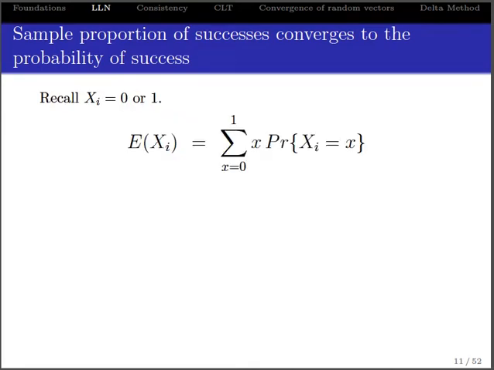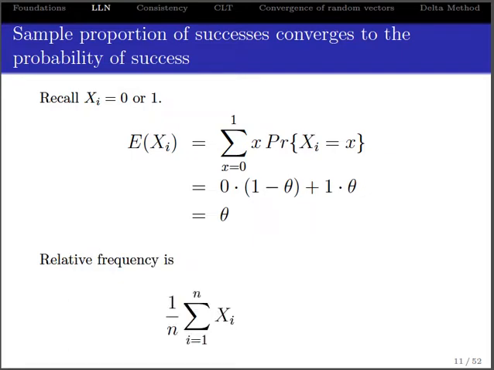And then the sample proportion of successes converges to the probability of success because the expected value of xi is just the x, right, multiplied by the probability of x, but x itself is only 0 or 1, so that's 0 times 1 minus theta plus 1 times theta, which is theta, so that the expected value of this Bernoulli random variable is theta, and the relative frequency is, well, you simply